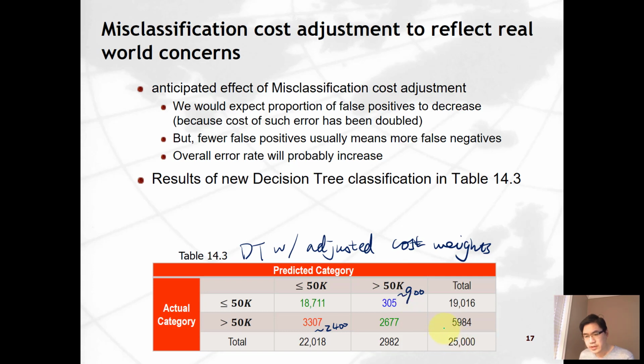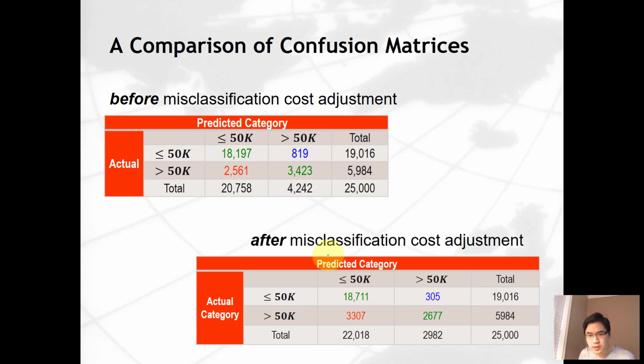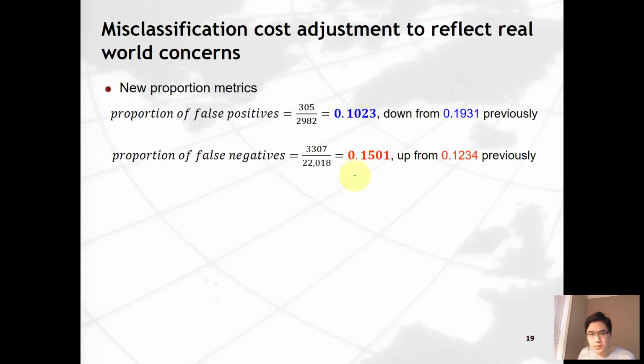And as a result, you will see that the total number of false predictions, including false positive and false negative on the diagonal line, increased from the previous decision tree model to the current decision tree model. But does it make sense dollar wise? If you were to compare the two, the new model makes